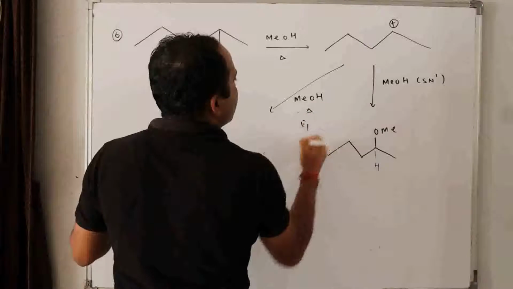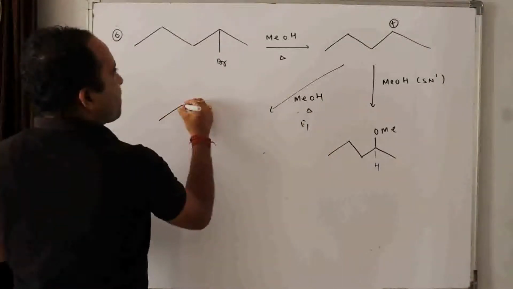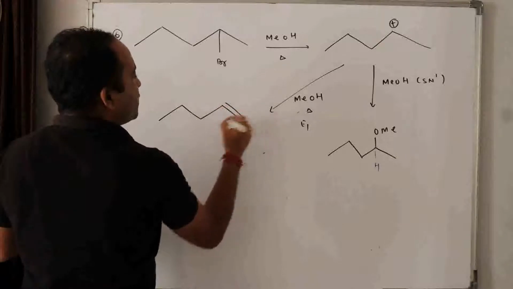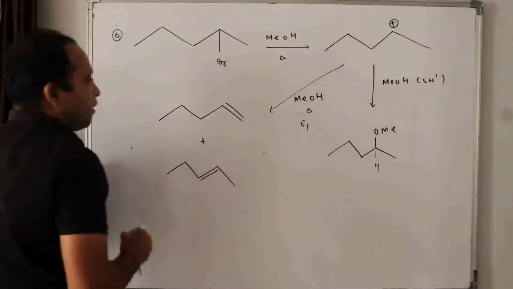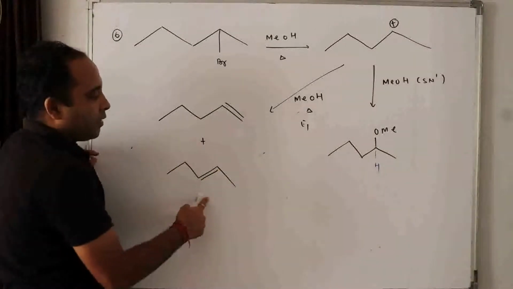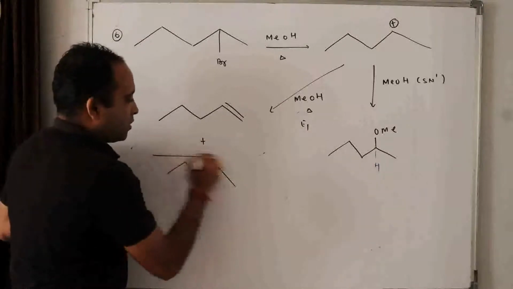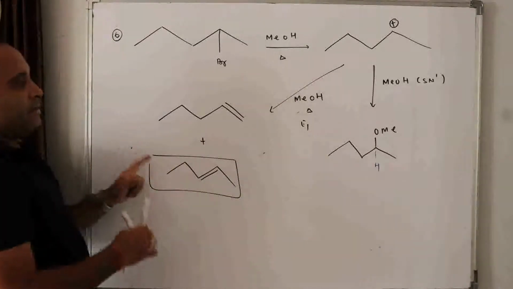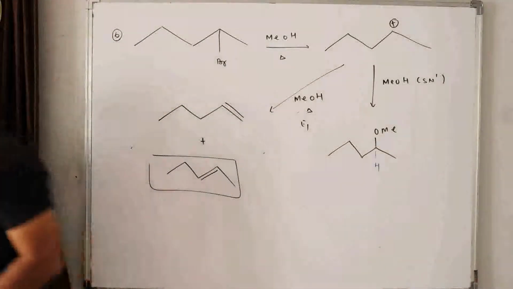heated, that means E1 reactions. Either I can have products this way or this way. Now tell me which is dominating. This one, because this is more crowding, isn't it? Here only one substitution, here two substitution. So this is the major product in case of elimination. And over here, who is major? This is major. Okay. Next reaction.